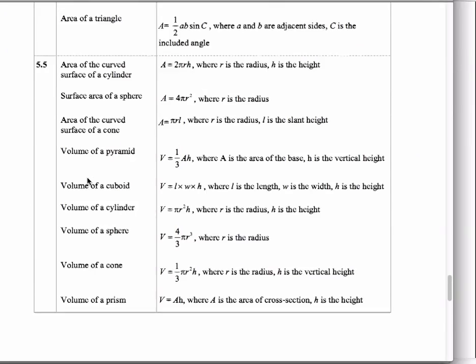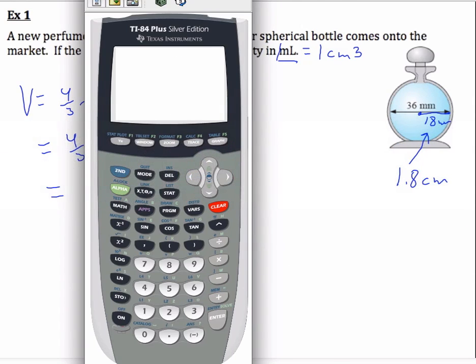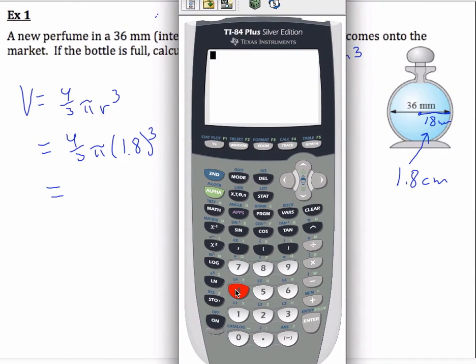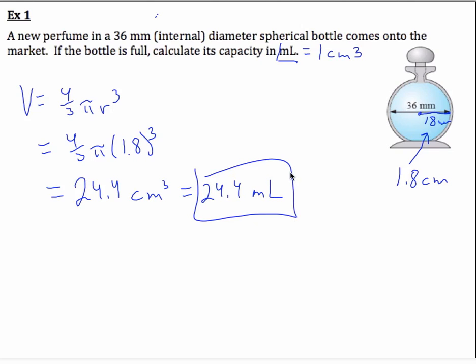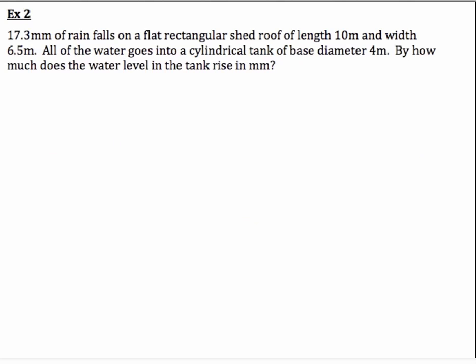Okay, so I'm going to get my calculator and do 4/3 pi r cubed. I need to type in 4 divided by 3, or you can make a fraction, times pi times 1.8 to the power of 3, which gives me 24.4. So this is 24.4, and because we use centimeters in our question, we know it's going to be cubic centimeters in the answer, which equals 24.4 milliliters. Okay, the next example,